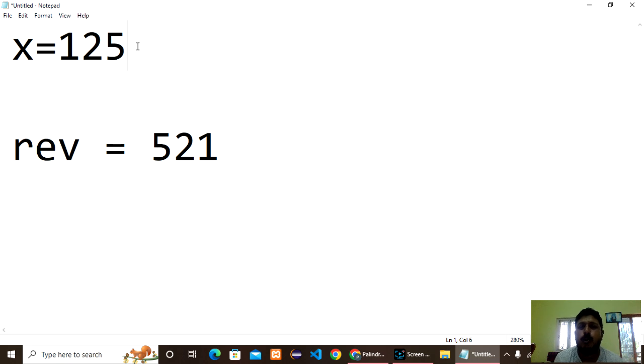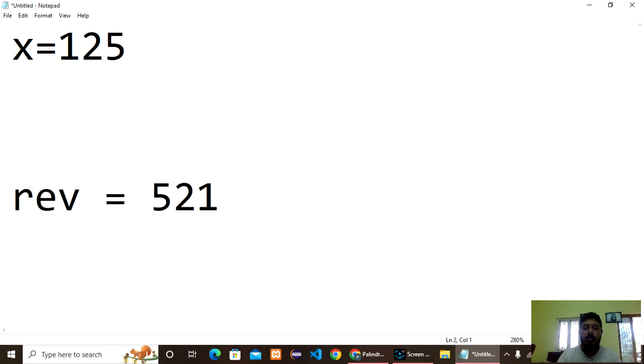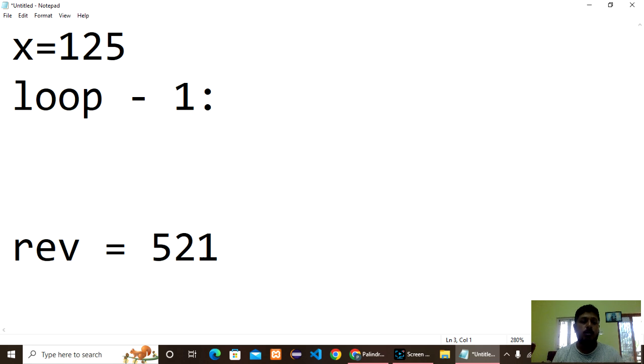When you divide a decimal number by 10, the remainder is going to be the last digit of your decimal number. So in loop 1, the first time it loops, we are going to divide this x by 10. Now you are going to get a remainder,